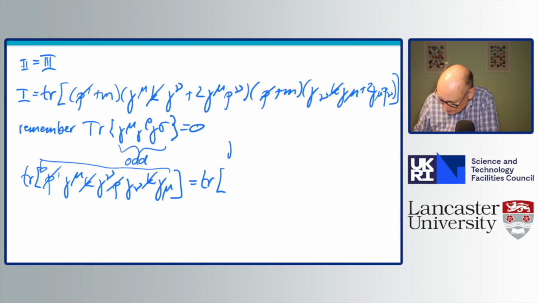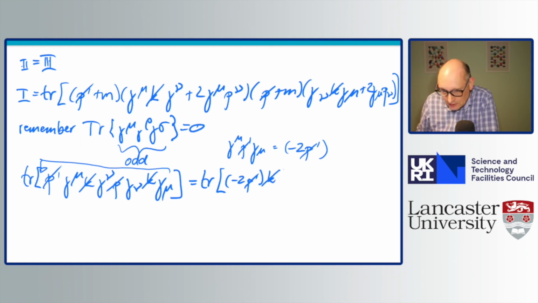Then one has gamma mu p prime slash gamma mu, and we remember that that's equal to minus 2 p slash prime. So here we will get a trace of minus 2 p slash prime,